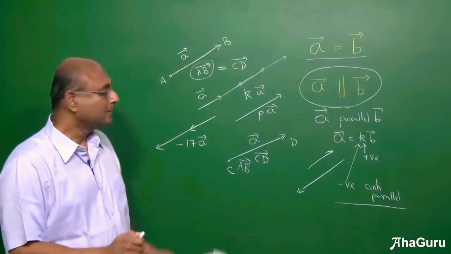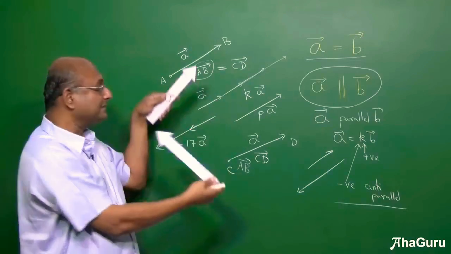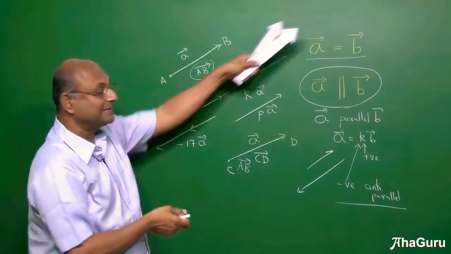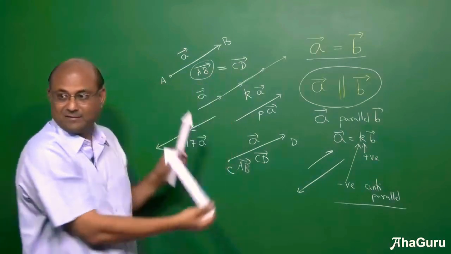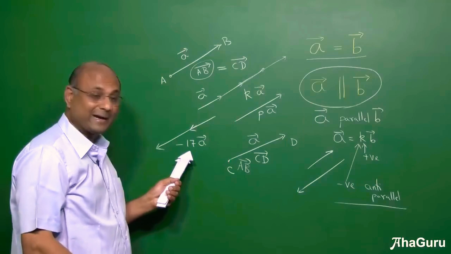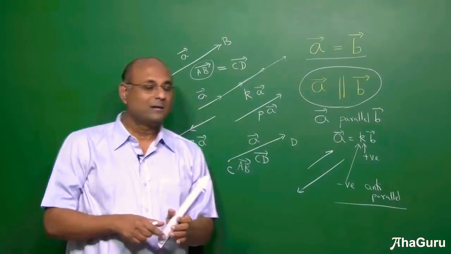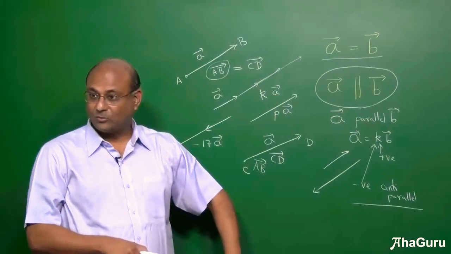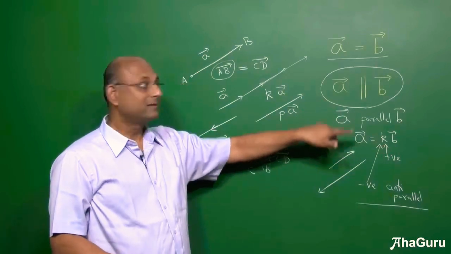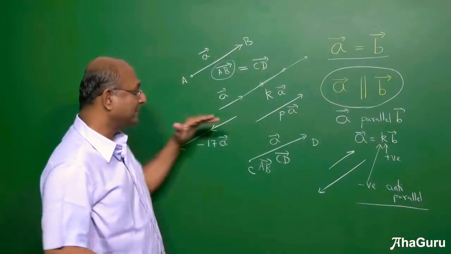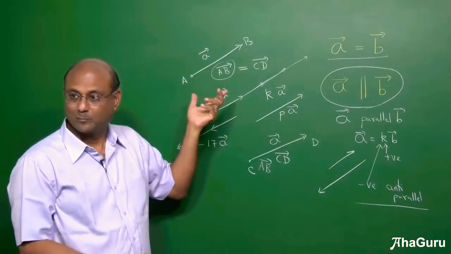Is that okay? So two vectors are anti-parallel, means they are parallel, on the same line, except the direction has got reversed. Now it can be any magnitude, the magnitude doesn't matter. Two vectors are parallel, not anti-parallel, this kind of parallel, and the lengths are equal, then they must be equal. Because they are pointing the same direction, magnitude is the same, so they must be equal. Okay, is that clear? Right.